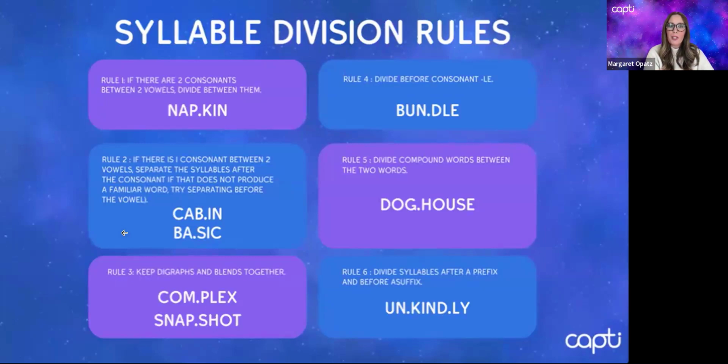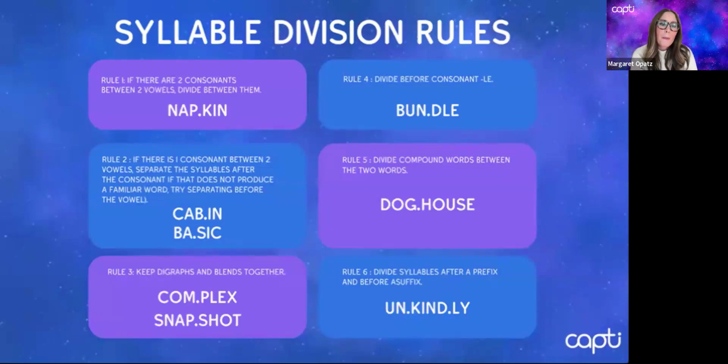But these really do help in supporting students in being able to decode these much more complex multisyllabic words. You'll notice here too, rule 6, this one's really important for adolescent readers. It says, divide syllables after a prefix and before a suffix. So right there, that implies that students need to know the morphemes in English and really know what is a prefix, what is a suffix, and then how does that change the meaning of the word? That'll be really important in terms of helping them comprehend the words that they're